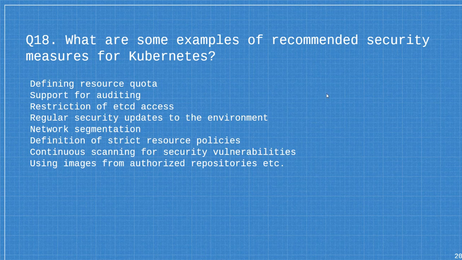Another restriction: if we have our own on-prem system, who can access etcd should be restricted. Only a few major people in your corporation should have access, because if someone deletes things from etcd, everything will go down and can't be recovered. So we can take backups and other measures, but for backup we shouldn't give access.